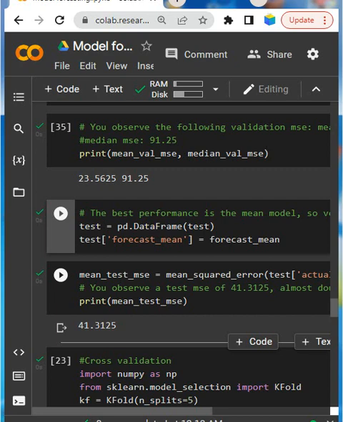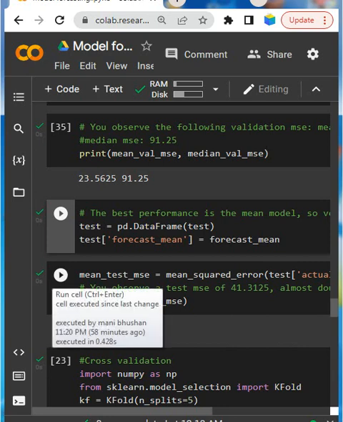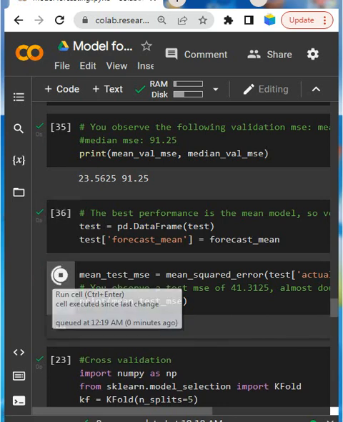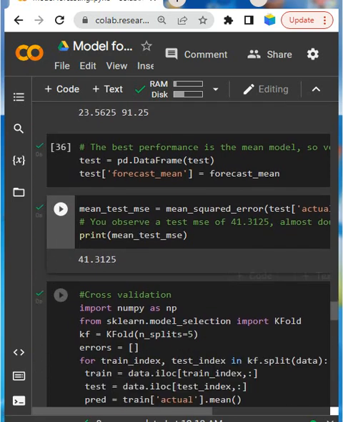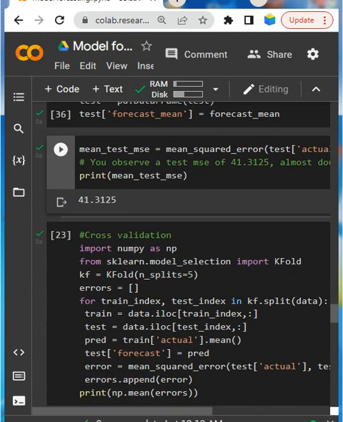In that case you cannot afford to keep 20% of the data apart from the models. Because this is a very small data set, we are using cross validation here.